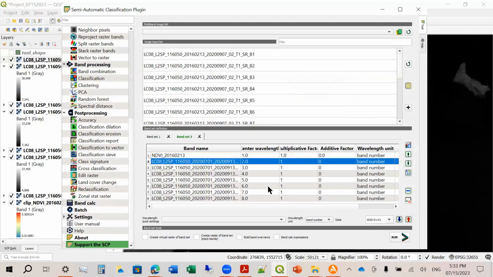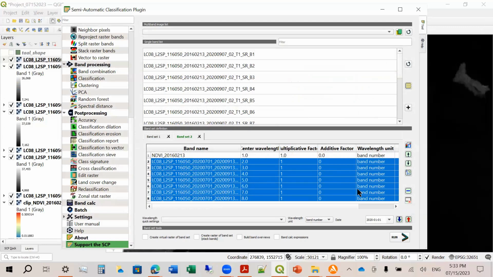Okay, sorry. So this should not be included in band set number 2. So in order to remove the bands here in band set number 2, select all the bands that you want to remove, then click minus.